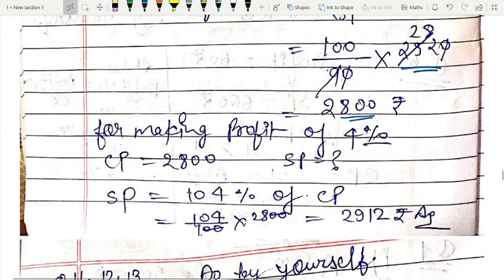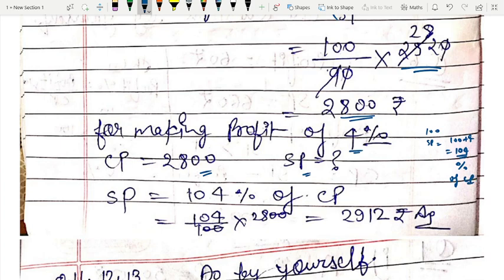For making a profit of 4%, the cost price is given as 2800, it will remain the same. So we need to find the selling price. If 4% is profit, what will the total amount be? If the cost price is 100, then the selling price will be 100 plus 4, so 104. We can say 104% of